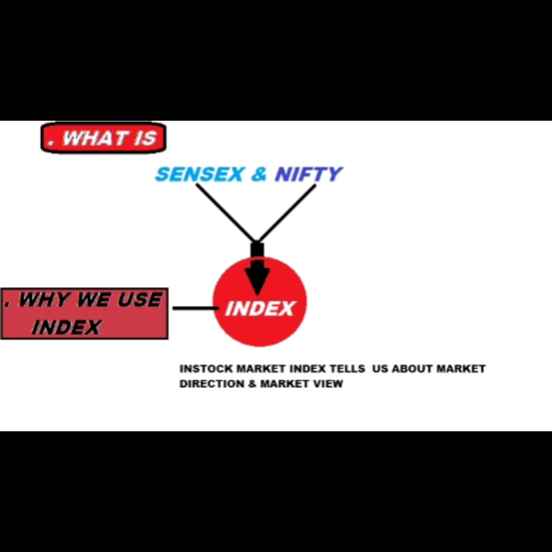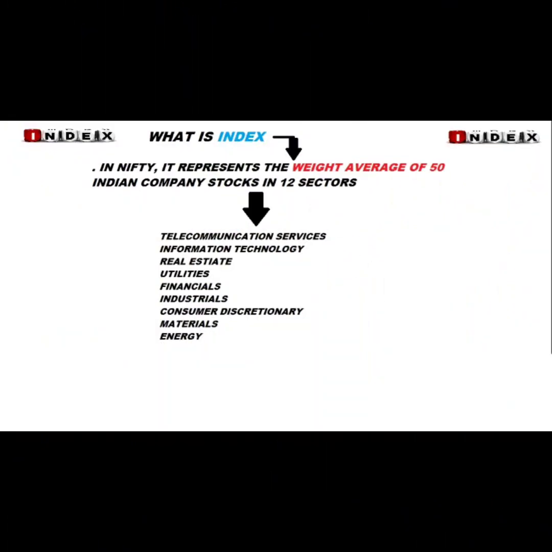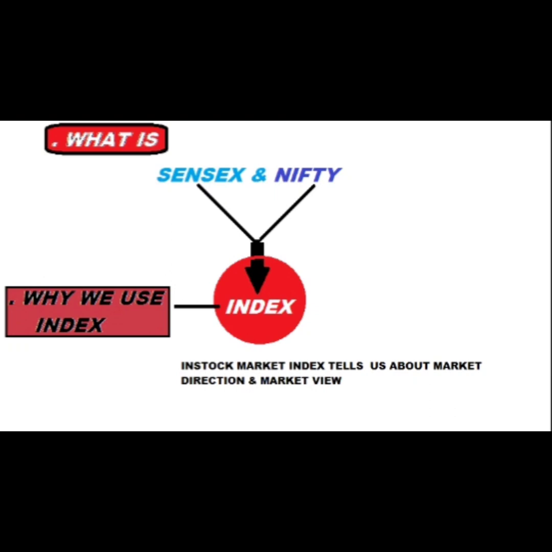Index shows you that there are so many companies listed in the market. If you want to see the market's view, what is the direction of it, we have to watch the index, and it is very necessary. In an index there are some selected companies. There will be a process like if we keep the top 5 companies or top 10 companies or top 50 companies in our index to watch the view or direction of the market. So I hope you have got to know about index.